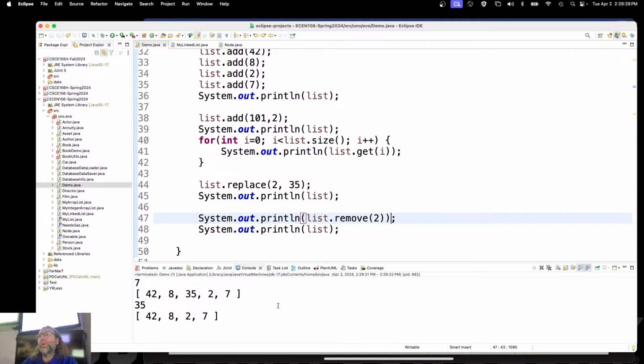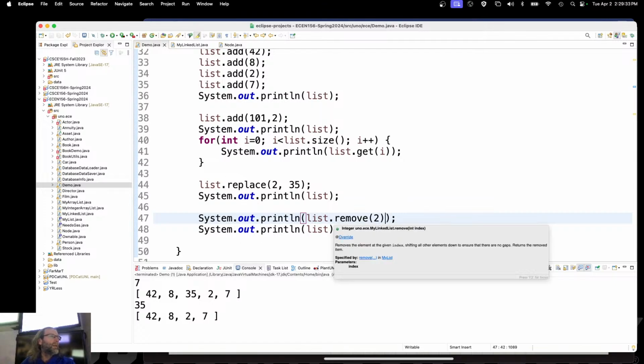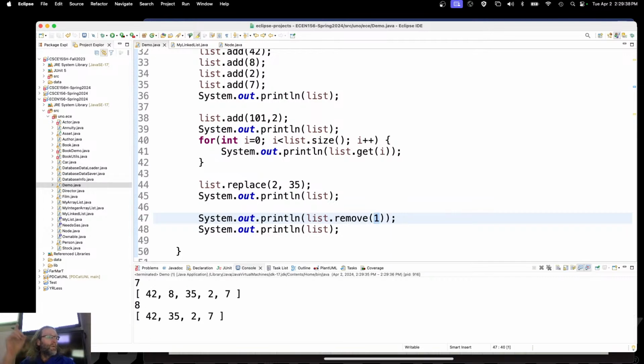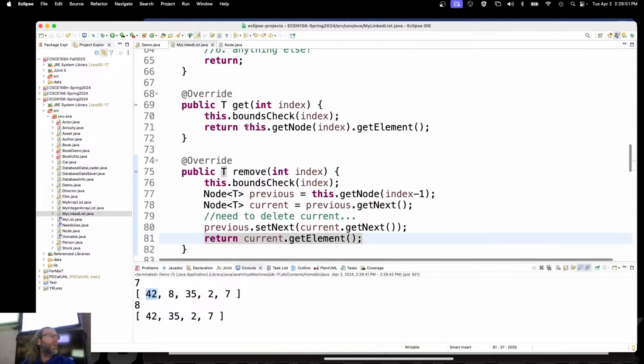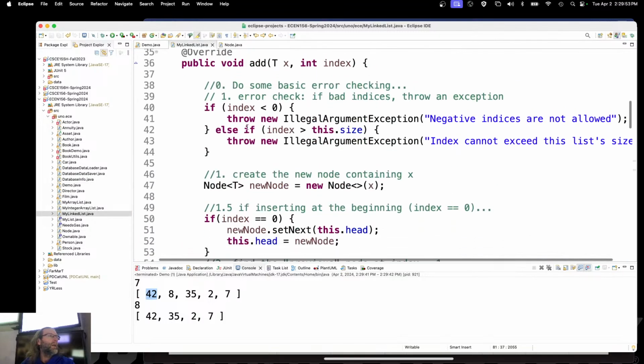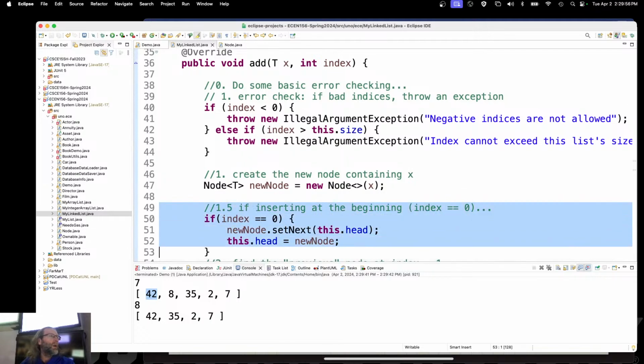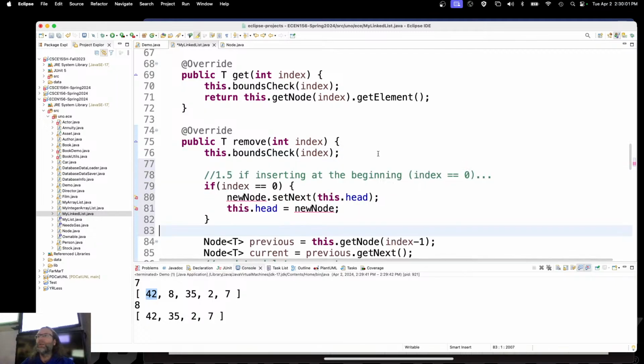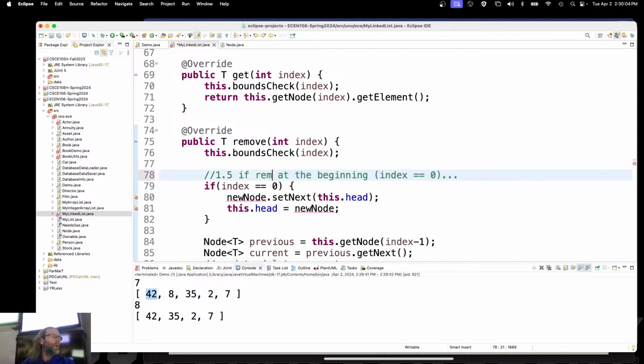Again, from the patterns that we've been following here, am I done testing? Nope. What else should I test? All right, let's remove the second element. That works. Remove the head element. Crash. All right. What was the head element? 42. So exactly like I did over there in the add, if we're inserting or if we're removing from the beginning, let's go ahead and treat that as an edge case. If removing the head,